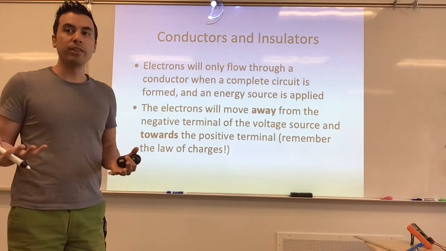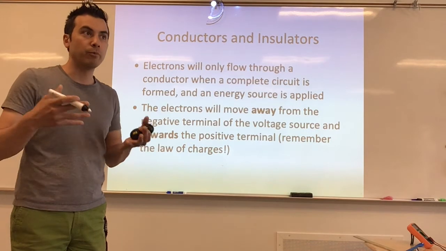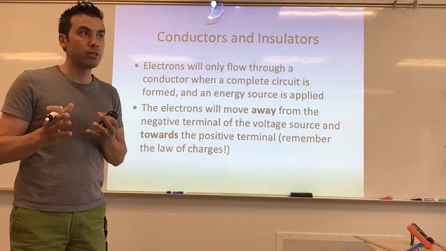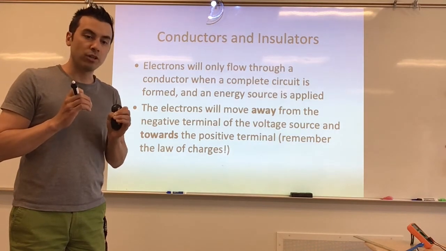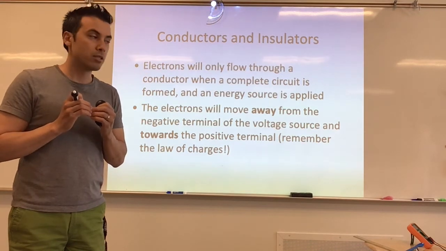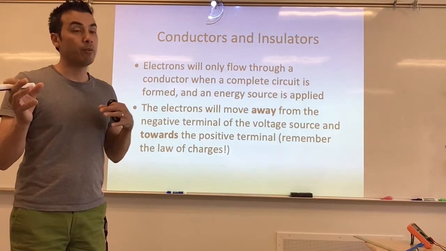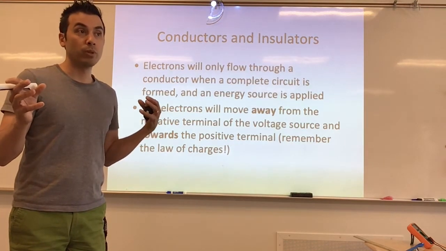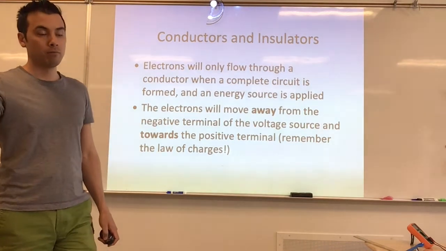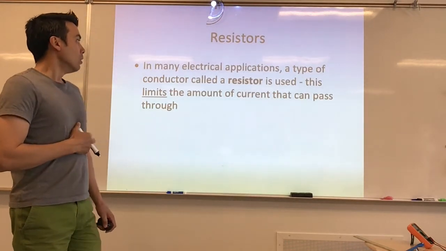If we think of the battery as a magnet and we have our electrons, it works through the law of charges. If we have a negative charge, the negative terminal of a battery and an electron, those are like charges. So the electrons get pushed out of the negative terminal, and if we have a positive terminal, going back to the law of charges, there's a force of attraction there, and so they are moving around in that direction. Okay,